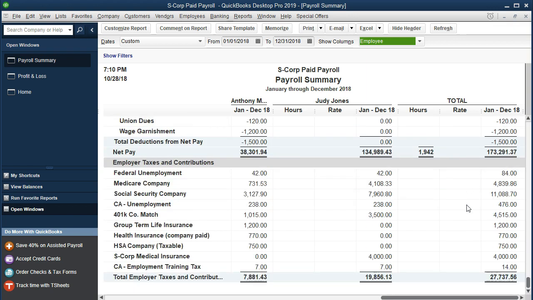Then down here, we have the employer taxes and contributions. These are the employer items, the things that we have to pay over and above the gross pay. So these are not part of the gross pay, they're included over and above, and they include things like the federal unemployment FUTA, our employer portion of Medicare and Social Security, the SUTA, state unemployment, our portion, the matching portion of the 401k, the group term life insurance that we're paying for on the company side, the health insurance that this company paid, the HSA this company paid, health savings account, the S corporation medical taxes, and the employer training tax. That's going to be the